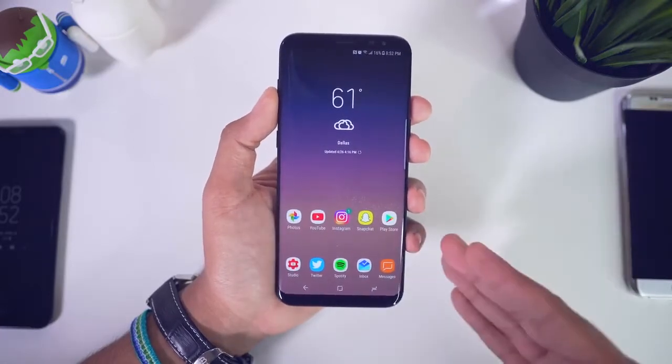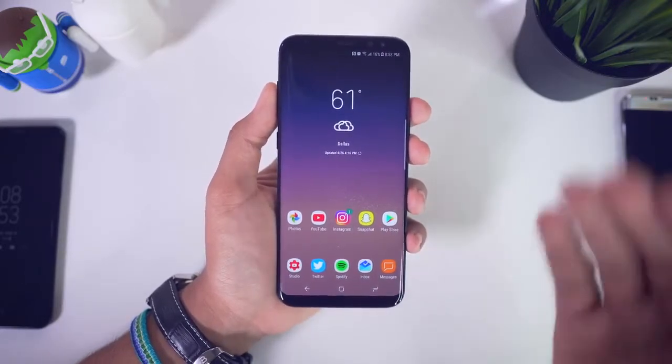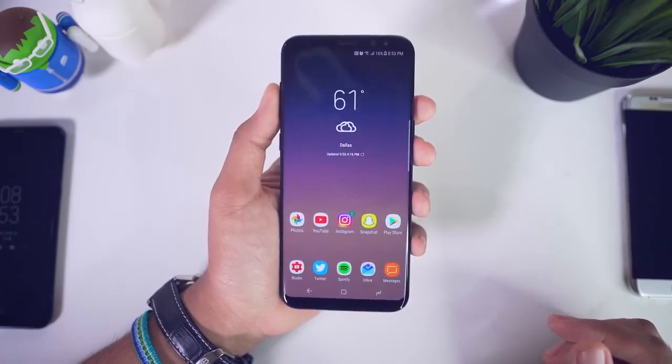So the Galaxy S8 just came out a little while ago, and I thought I'd make this video sharing with you guys some tips and tricks to really boost the user experience of this phone. So maybe you just got your phone and you want to know what to do with it, or maybe you're getting the phone